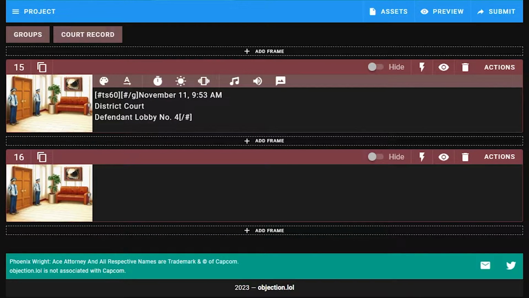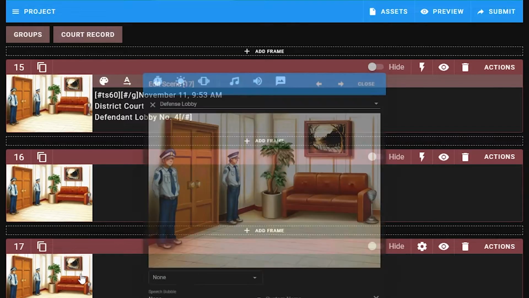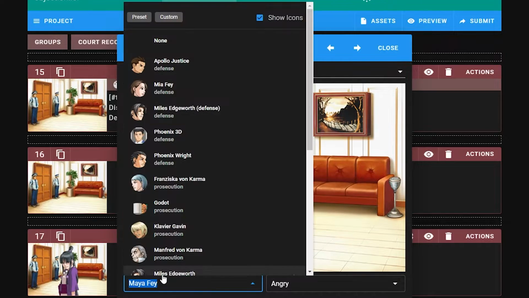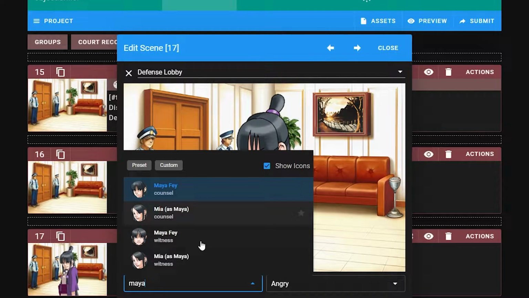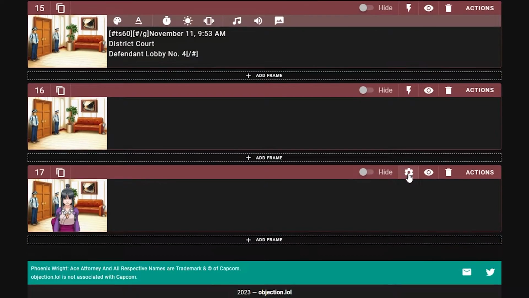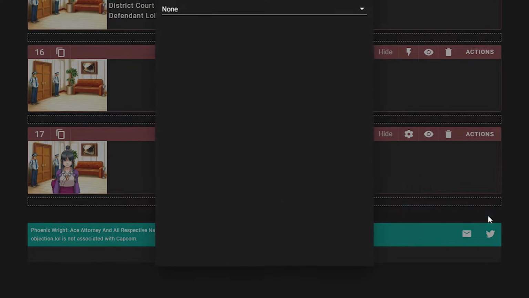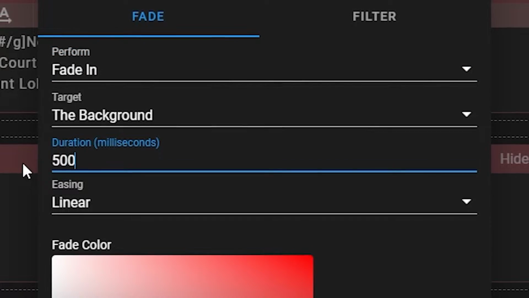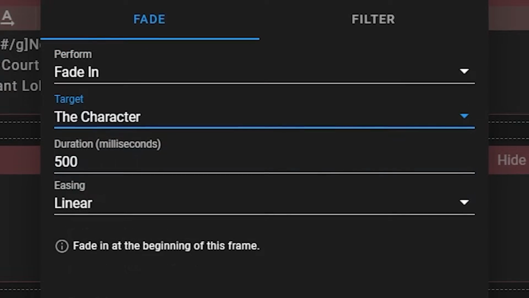Now, let's have a character fade in. Make a new frame and select a character. Make sure it's one that says witness under the name, not counsel or defense or prosecution. Otherwise, it'll be from the wrong angle or just look weird. Also choose a costume you like, go to the cog, go to effects, and add a fade in 500 milliseconds